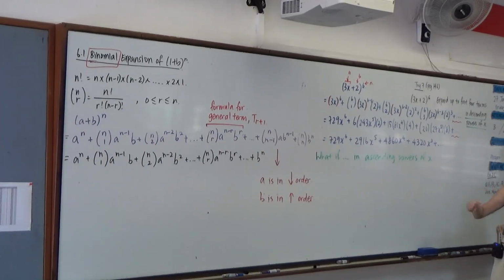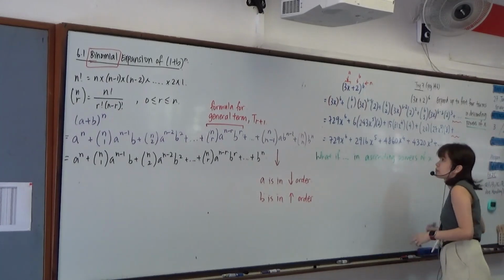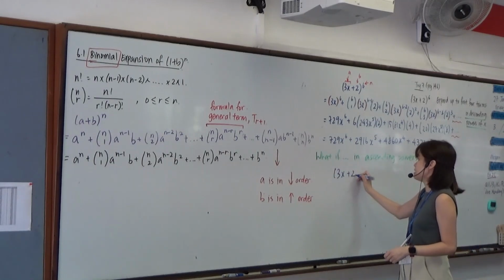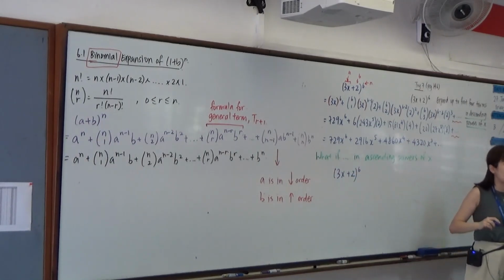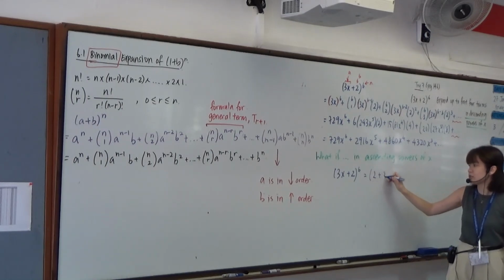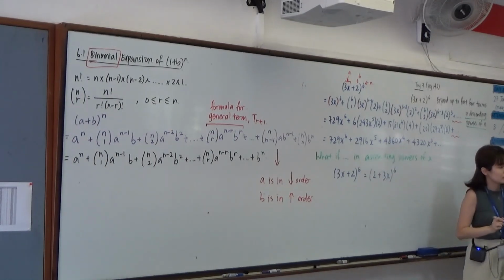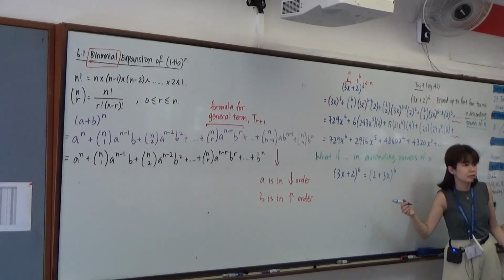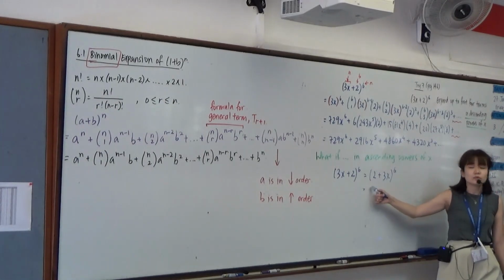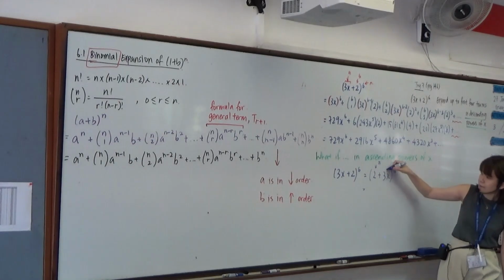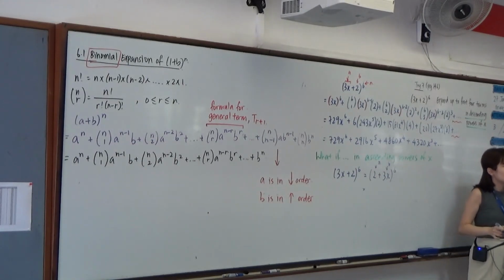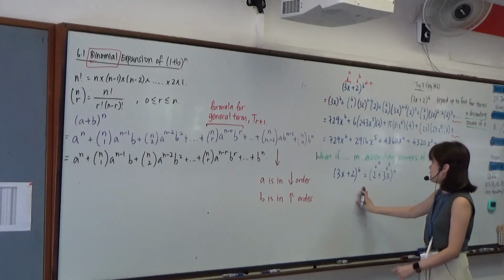If the question asks you to do it in ascending order, what you should do is to consider instead that 3x plus 2 to the power of 6 is the same as 2 plus 3x to the power of 6. We agree that these two are equal, right? So we just have to take A to be 2 and B to be 3x, and then expand according to the formula, and then you'll be able to answer the question. You all get what I'm trying to say? So if I were to expand this out using my formula,